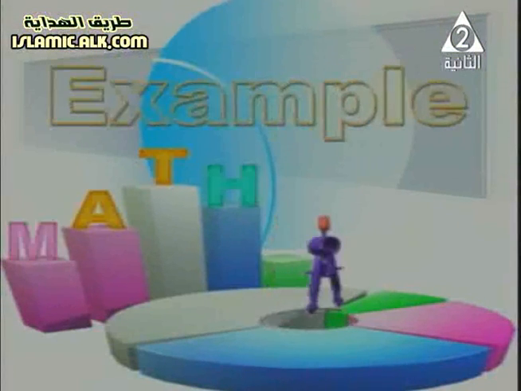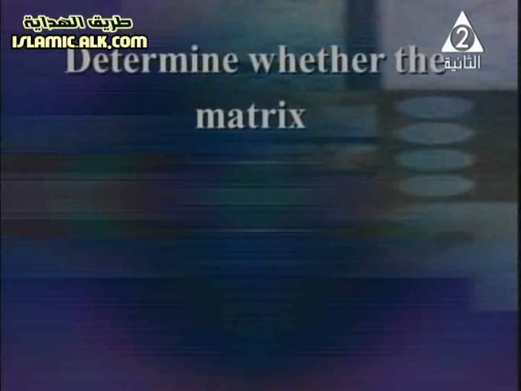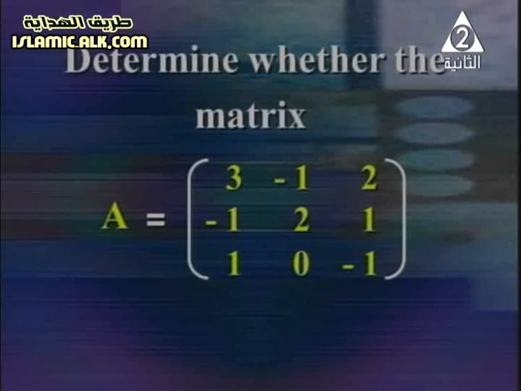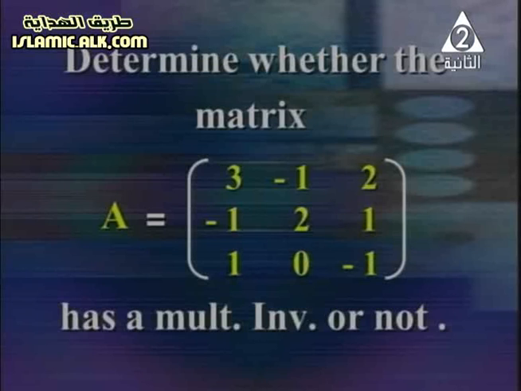Example. Determine whether the matrix A = [3, -1, 2; -1, 2, 1; 1, 0, -1] has a multiplicative inverse or not. Dear student, we have a matrix with 3 rows and 3 columns. What is required? Determine whether the matrix has a multiplicative inverse or not. Remember, dear student,